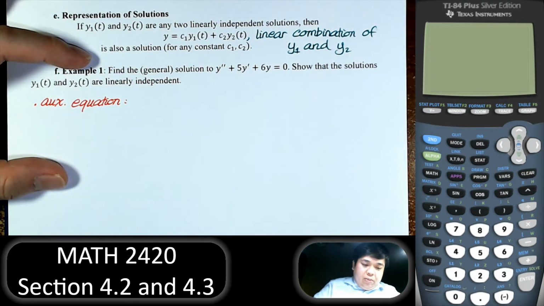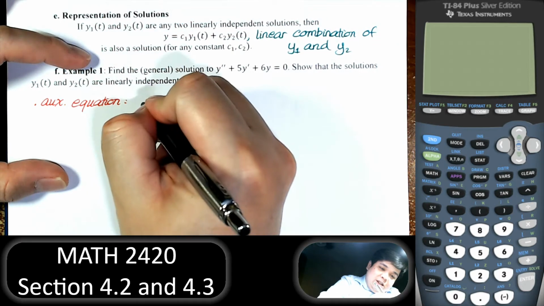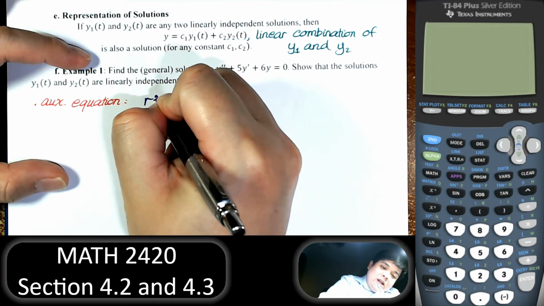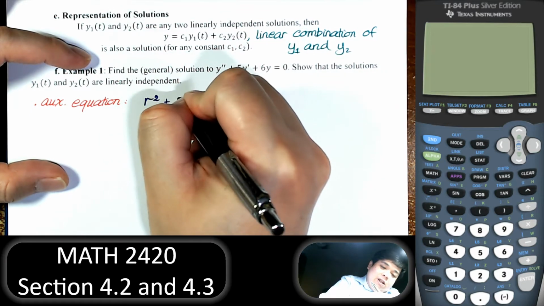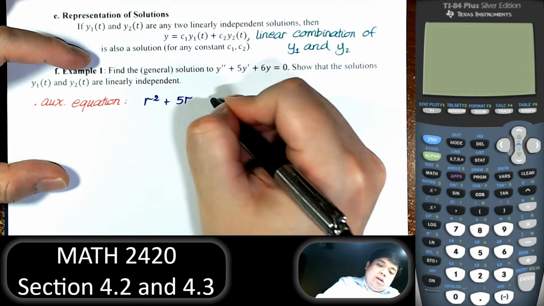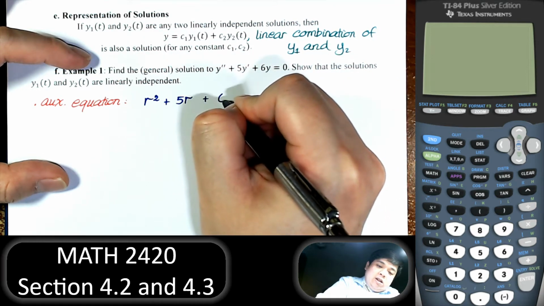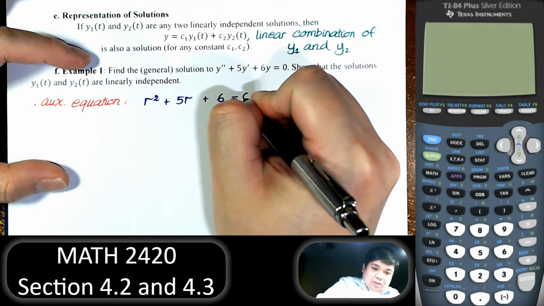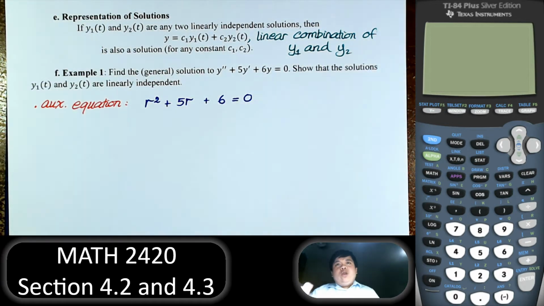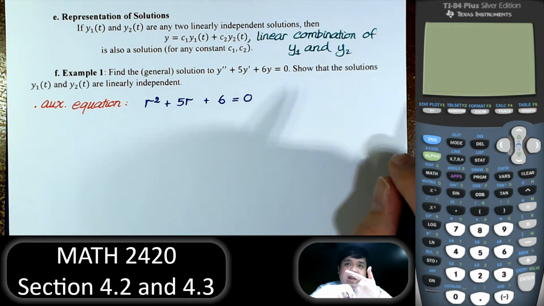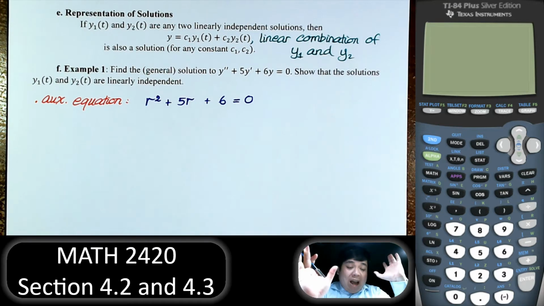Auxiliary equation. We have the second derivative replaced by r squared, the first derivative replaced by r, and the function becomes just a constant. Yes. So when the equation is homogeneous, linear, second order with constant coefficients, when we have all of that,